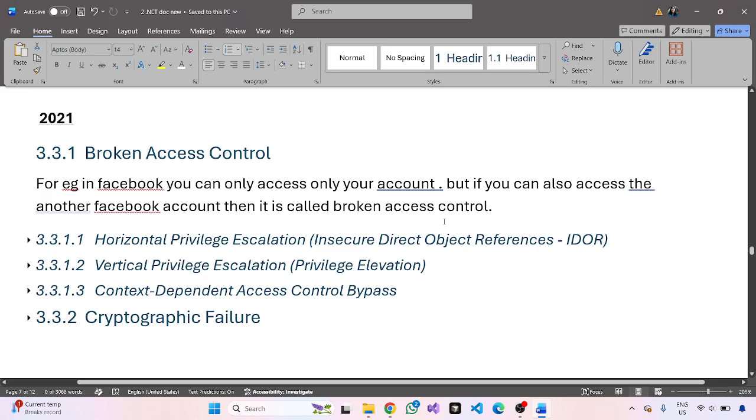It means that in Facebook only the user of your own login can access that account. You can only log in to your Facebook account, and you cannot log in to another person's. If you can log in to another person's account or see any data from that application, then it is called